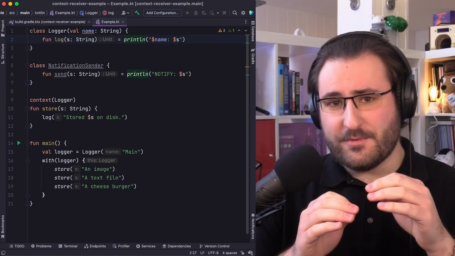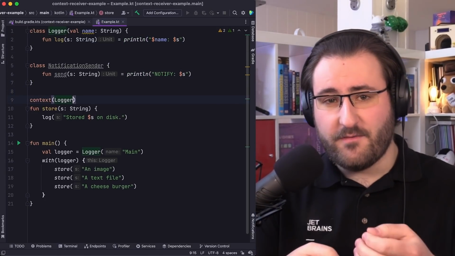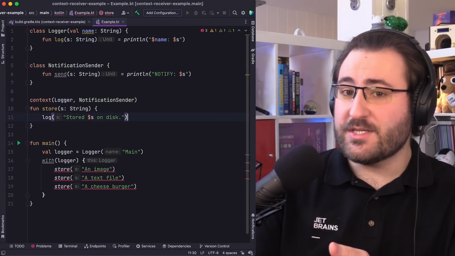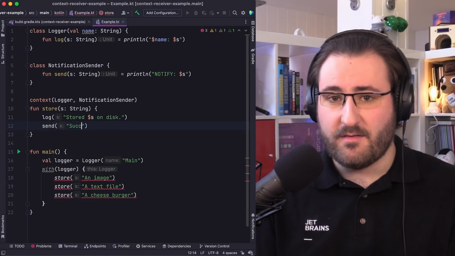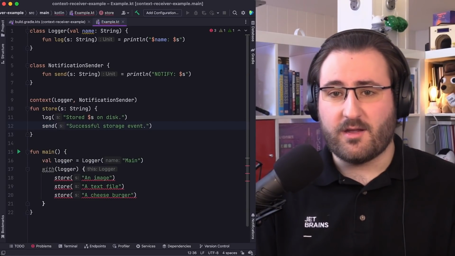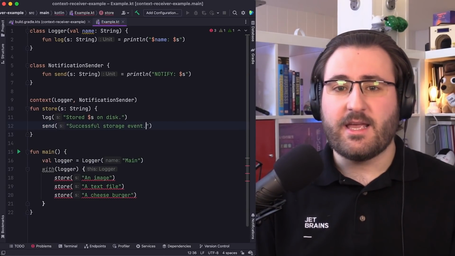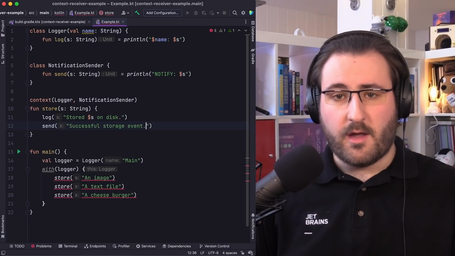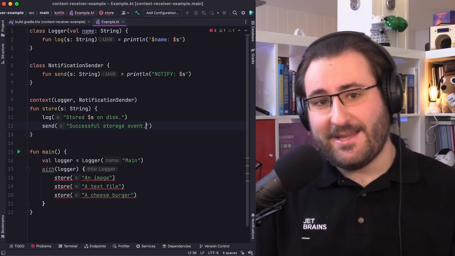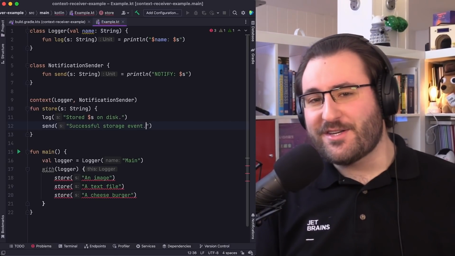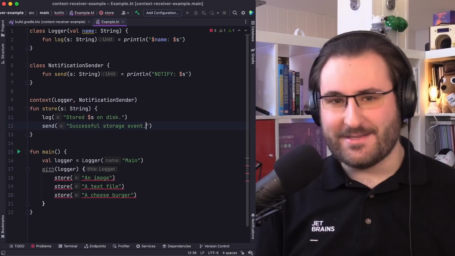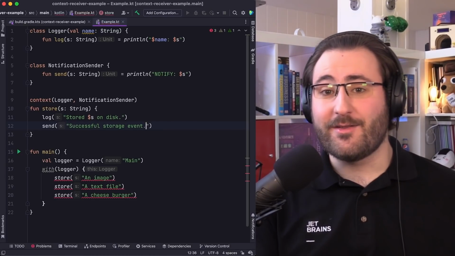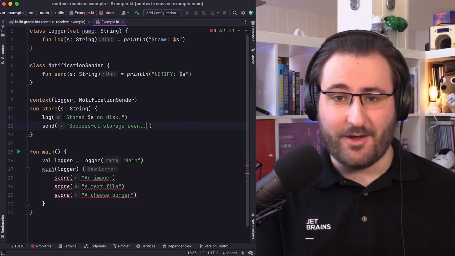Now, if we want to send a notification from our store function, we can just add notification sender as an additional context receiver. And just like that, we can call the methods and properties in the function body. All right, now expectedly, this turns our main function red and squiggly because our function now needs a notification sender to be present in the context.